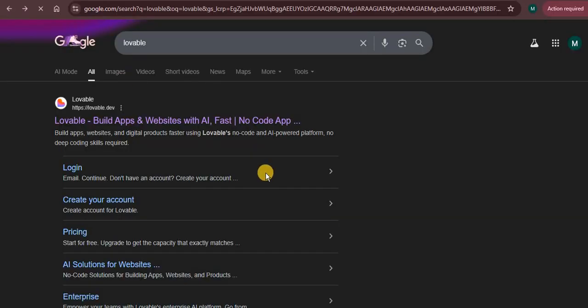You can simply go to your Google search bar and type Lovable. You see this first link that shows here: Lovable, build apps and websites with AI fast. So it says build apps, websites and digital products faster using Lovable's no-code AI-powered platform. No deep coding skills required. So you click on this,